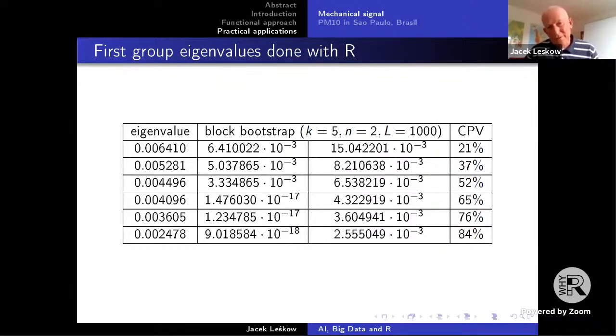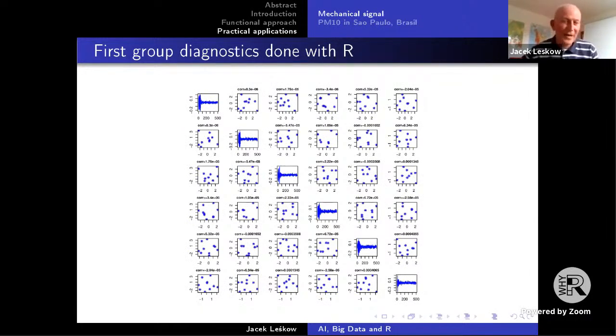So now, what does it mean? Well, how do you visualize it in R? In R, you can see the correctness of your model in the following way. Look at this matrix with 6 rows and 6 columns. On the diagonal, you have the eigenfunctions, which reconstruct the signal.